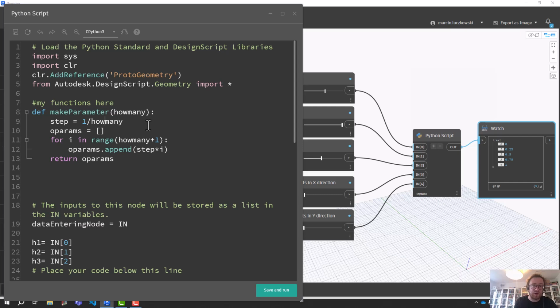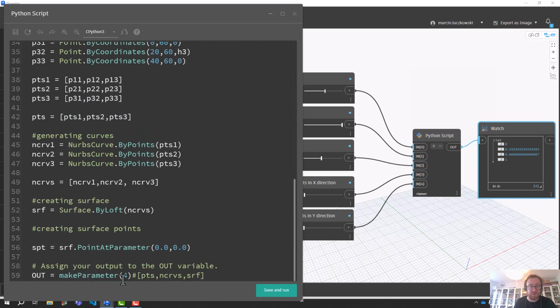So what I will do, I will just do it like this, and this should work probably. Yeah, so if I want to have 4, then I would like to have 4 of them. Okay, so we have the make parameter 4, and then we can start to create the points in the